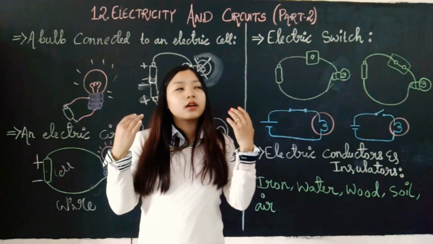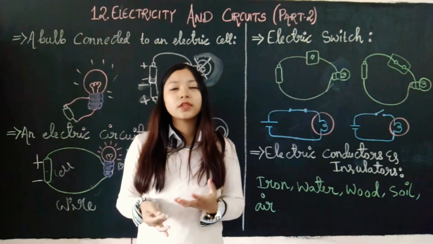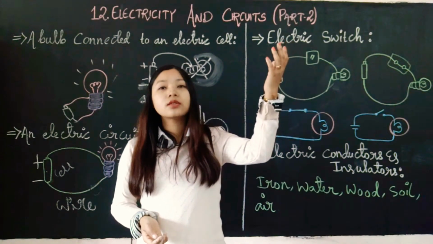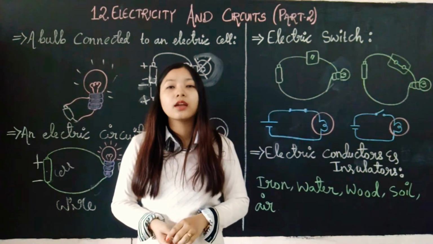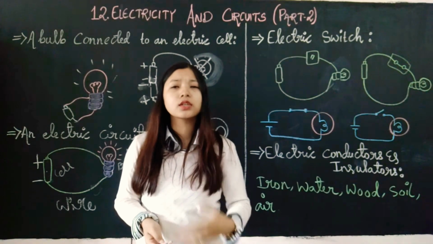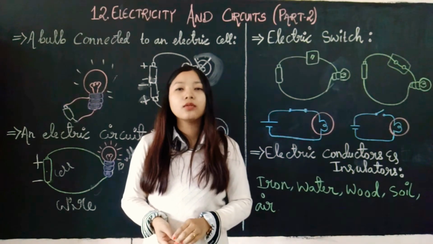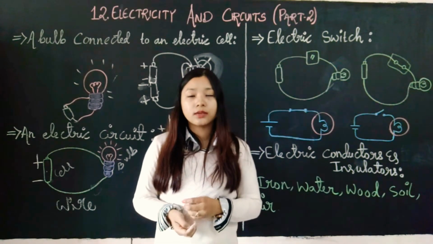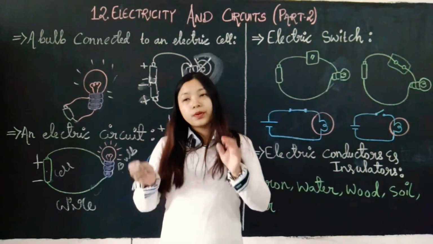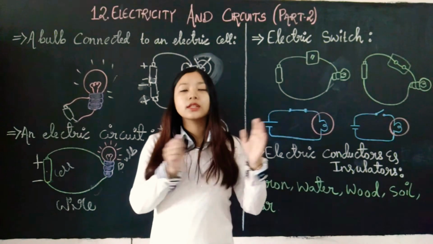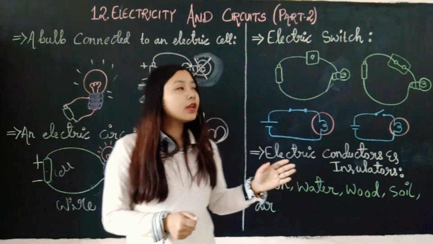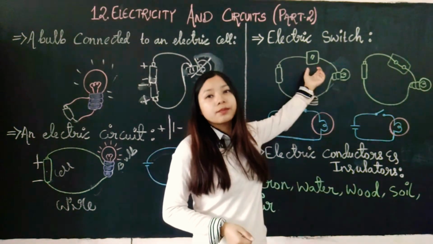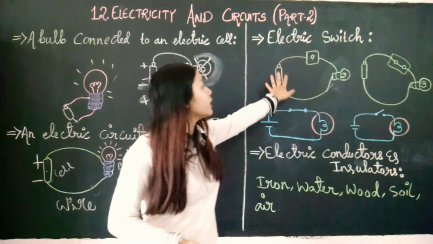We will lose most of the energy, or you can say many units of energy will be used there, and our bulb, as it is continuously glowing, it will fuse out and we will have to buy a new one every now and then. To avoid this from happening, we have a simple device called electric switch. So here I have drawn a simple electric circuit,